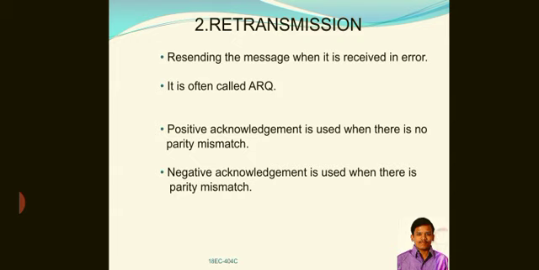For error detection, we are adding some extra bits, which are called parity bits. Suppose at the receiver the parity is the same and there is no parity mismatch, then we will send a positive acknowledgement, otherwise a negative acknowledgement will be used by the receiver. So that is the retransmission method.